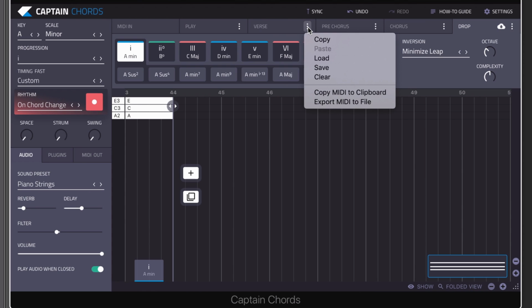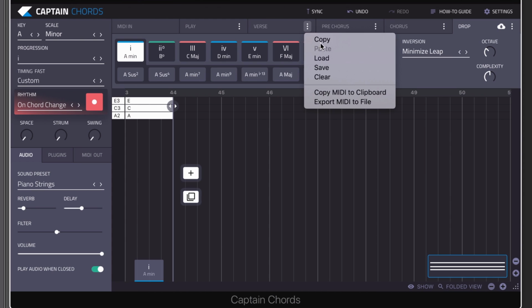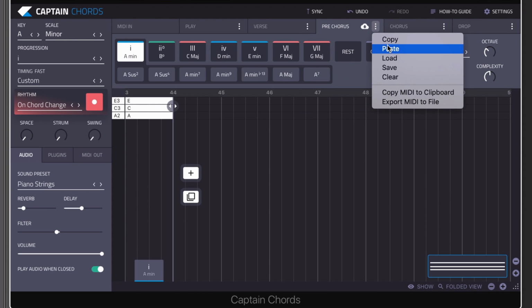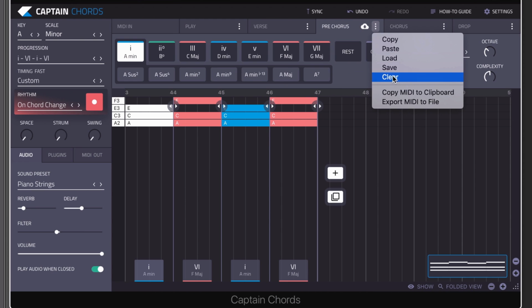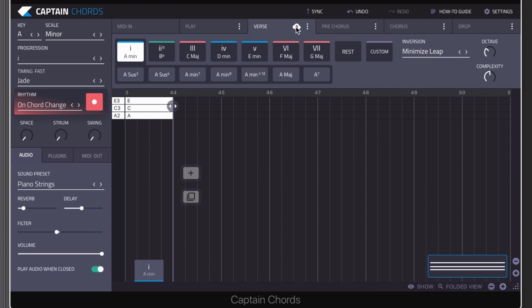And then you've just got some options where you can save what you've done. You can copy it to another tab by just pressing copy and then paste. It'll light up when you copy it. So for example, if I go like this, copy and then paste, pastes it to there. You can also clear it like that. So if you've exported your MIDI to file, then you can re-import it using this option here. And then let's look at the Play tab.